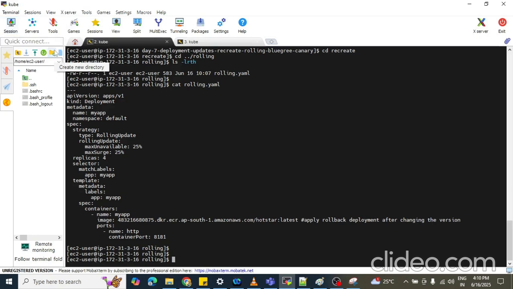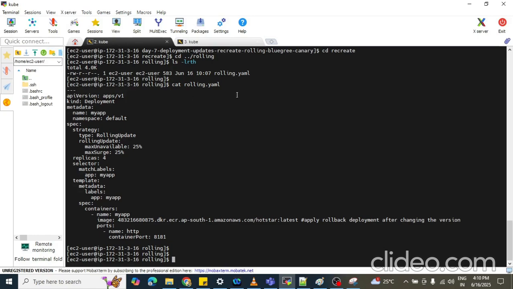What we follow here is adding one copy of our application on v1. Suppose we have four replicas, so it will add one more replica, by default 25%.